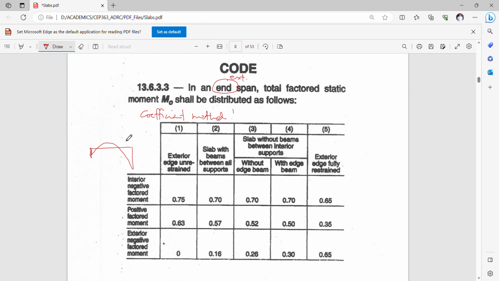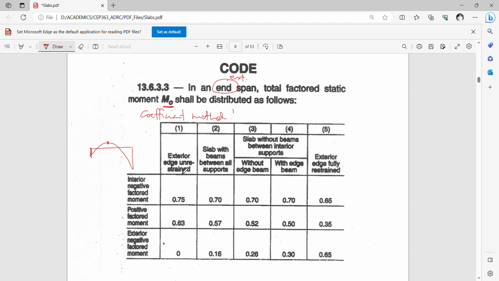But the positive moments here, of course, are almost the same. Okay, so if we will consider later the positive moments. So these are the static moment distribution